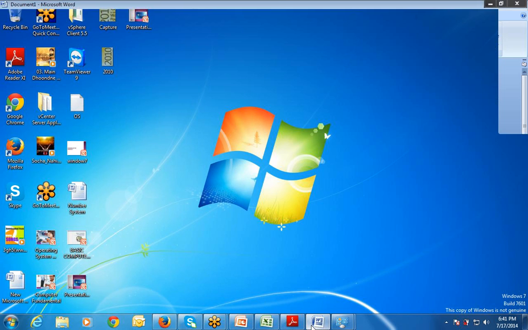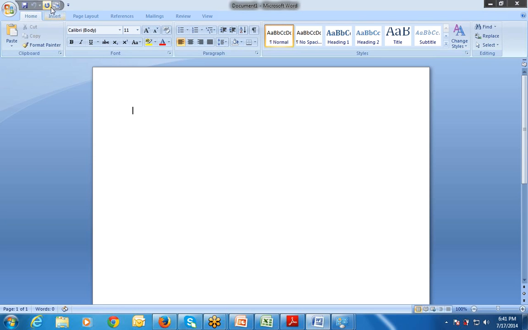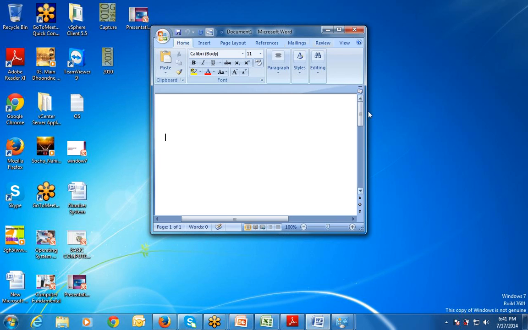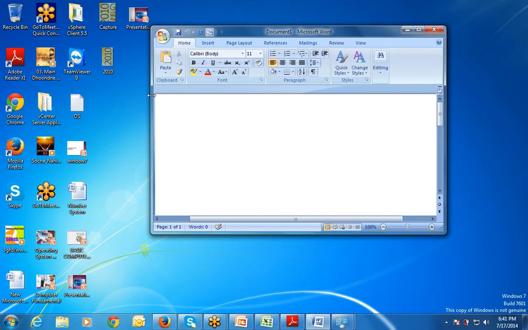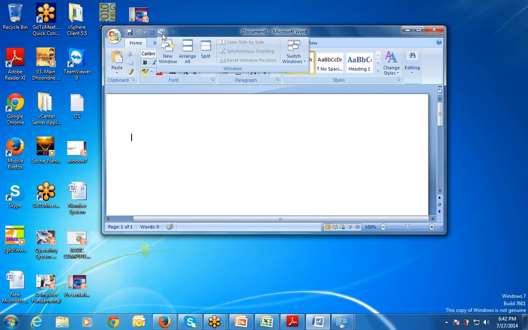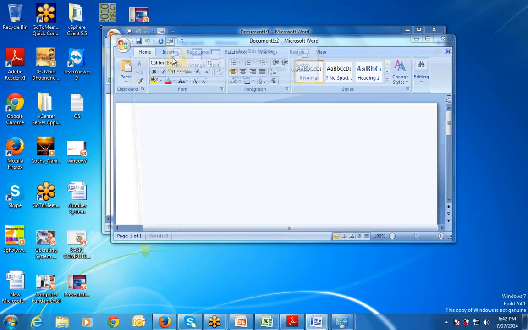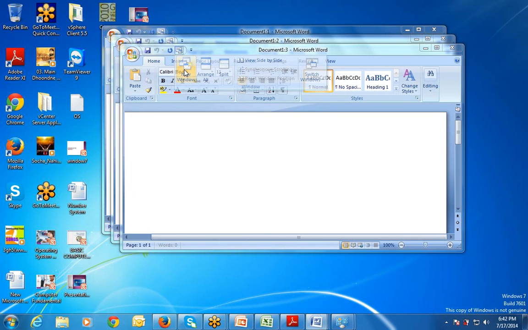For example, if I'm using MS Word, right? If this is the Word window, any application window, clear? And if I want to open a new window, a new window will be opened, that is Document 1 of 2. Then a new window will be opened. Again click on New Window.